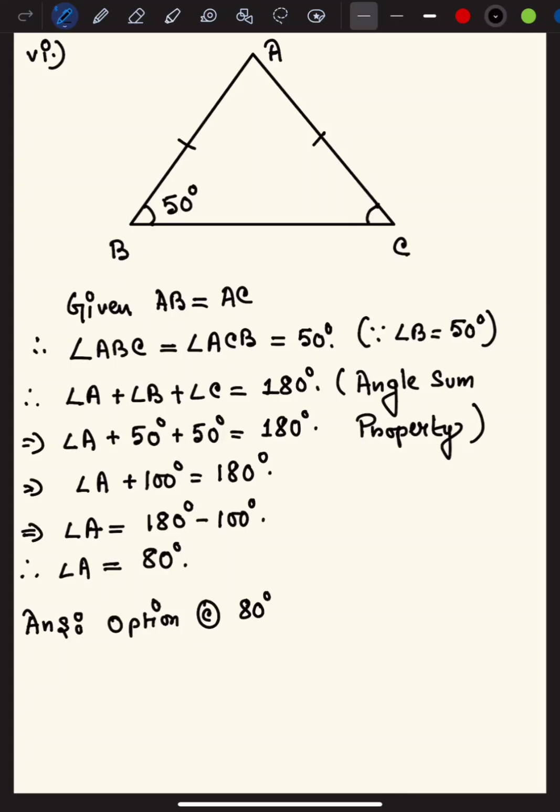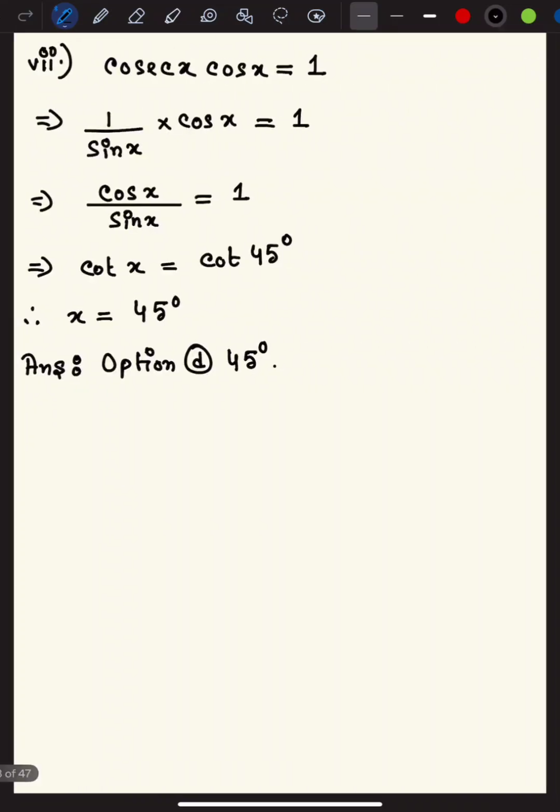Understood? So this is 50, this is 50, and from the angle sum property we can say that the sum of three angles of a triangle is 180 degree. Therefore this is 50, this is 50, that means 100 degree. So this angle will be what? 80 degree. Got it? Therefore angle A is equal to 80 degree. Option C. Understood? Next one,